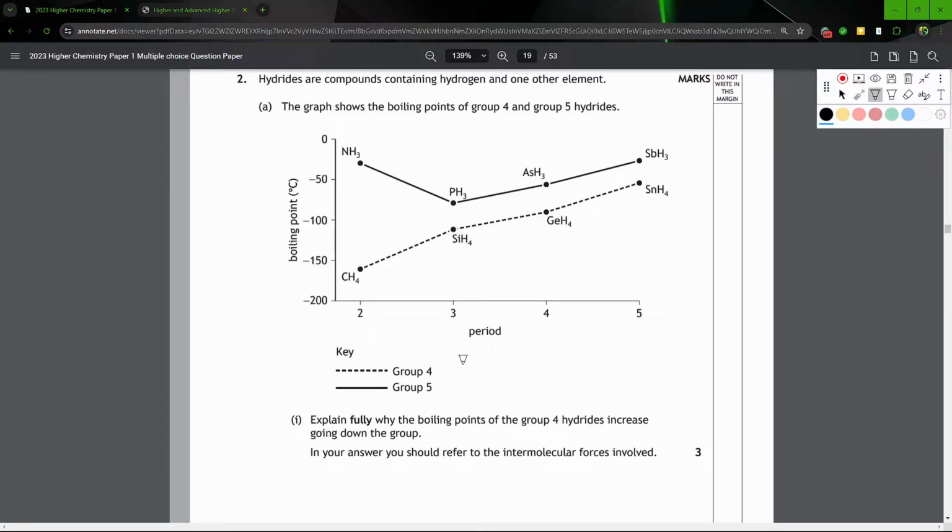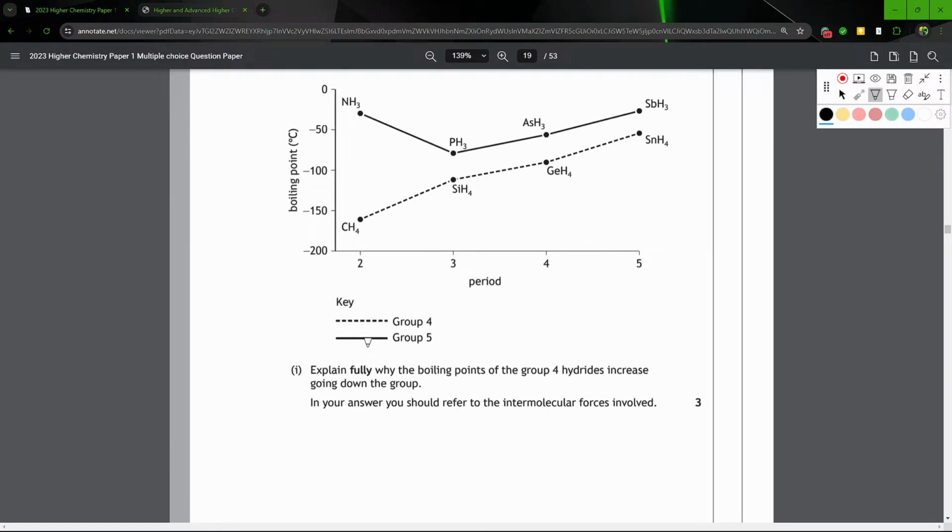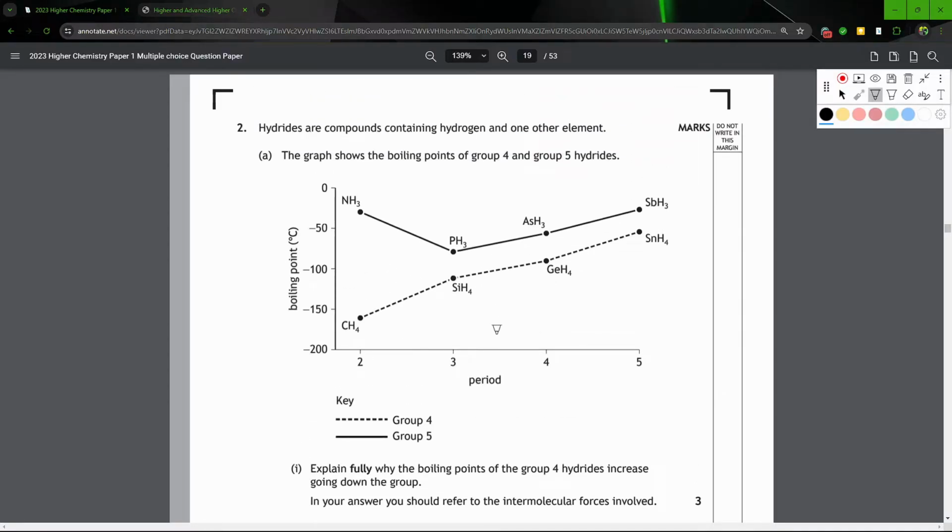So, boiling points. If boiling points are increasing, that means intermolecular forces must be increasing, because there's more stuff to break, right? So we could look at this. The only difference between them is the elements, but they're all from group 4. So we need to figure out why